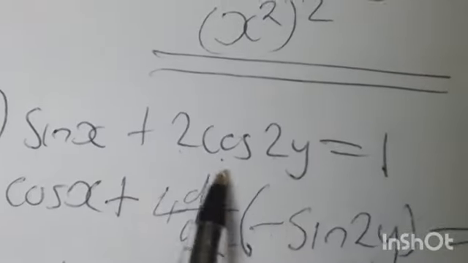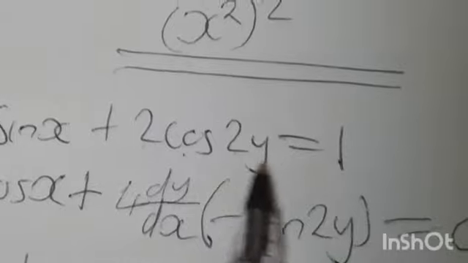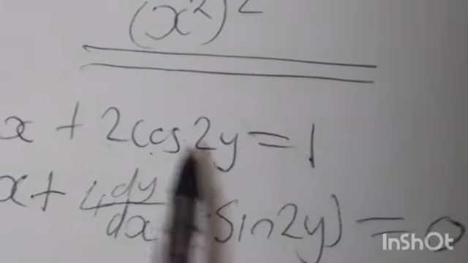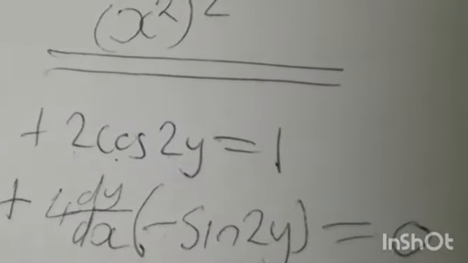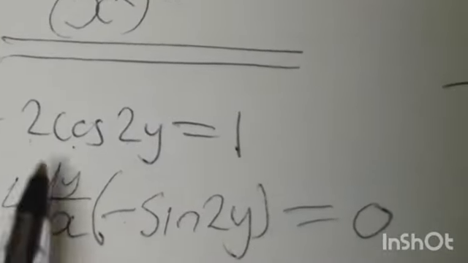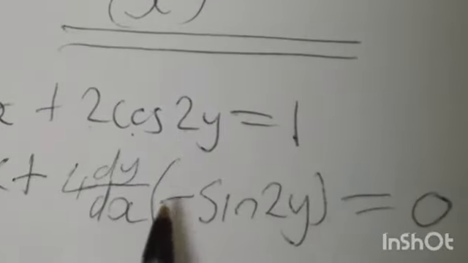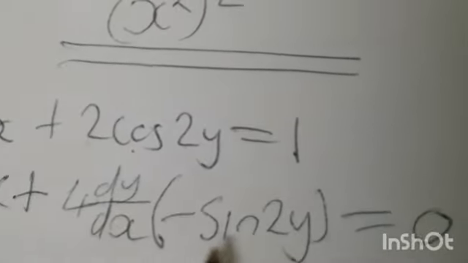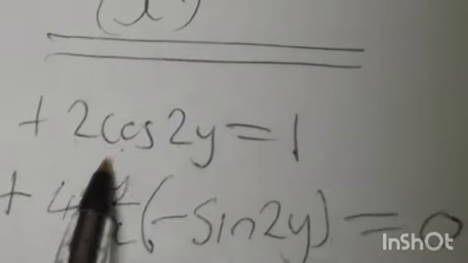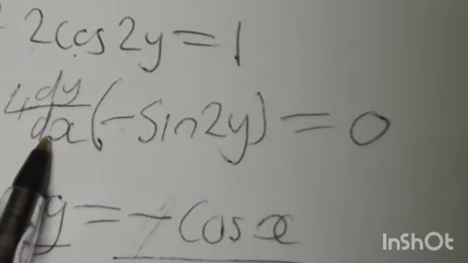For this one, we first differentiated sin x, which gave us cos x. We also differentiated 2 cos 2y. First, we started with the differentiation of 2y, which gave us 2 dy over dx. We multiplied by this 2, it was 4 dy over dx. Then open bracket, we had cos 2y, whose differentiation is negative sin 2y, is equal to 0. Then our goal was to make dy over dx the subject of the formula. So whatever has dy over dx was to remain this side, and whatever does not have dy over dx should cross the equal sign. So this crossed the equal sign, that gave us negative cos x, because here it